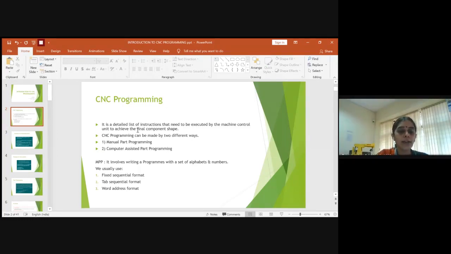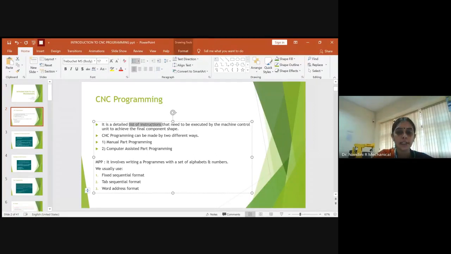What does it give basically? CNC programming gives a list of instructions that is essential to make the machine control unit achieve the final component. Suppose a final component shape is given to you. To achieve it, you have to make n number of operations, and to perform n number of operations, you have to give n number of instructions.